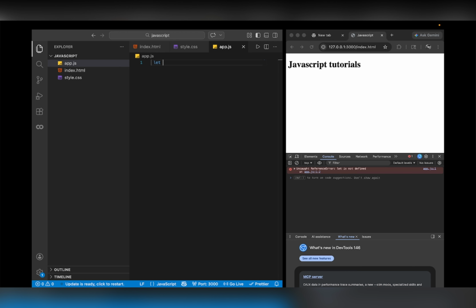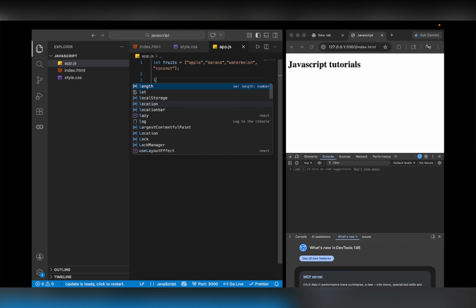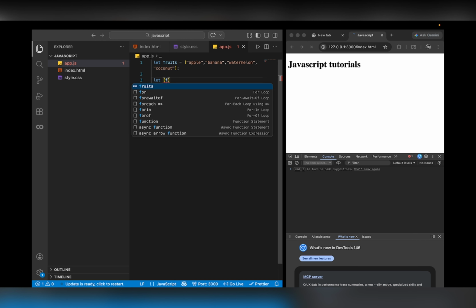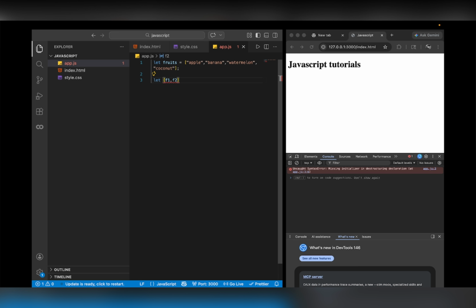तो एक अरे को हम लोग डिफाइन कर देते हैं, let fruits: apple, banana, watermelon and coconut. अरे डिस्ट्रक्चरिंग के लिए हम लोग ये बिग ब्रैकेट्स का यूज करते हैं। तो इन सेम फॉर्मेट let और जैसे F1 कर देते हैं, F2 कर देते हैं एंड F3 कर देते हैं इज इक्वल टू fruits।